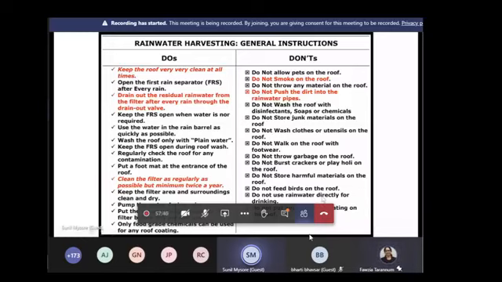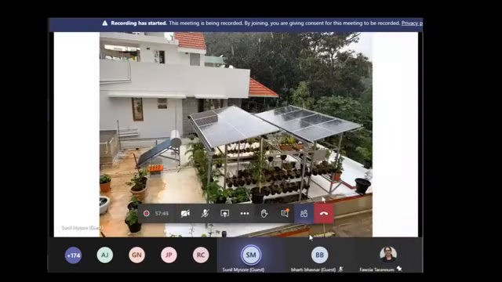But as I told you, this is an ideal roof, but it doesn't mean that you can't do anything else on the roof. This is also a catchment. As you can see, there is solar, there is solar thermal, there is a rooftop garden, and there is also a biogas plant you can see in this photograph. So you can do a lot of things provided you can maintain. You can see here all the parts are elevated, so there is no dampness on the roof and no clogging of water. All the water just flows down.